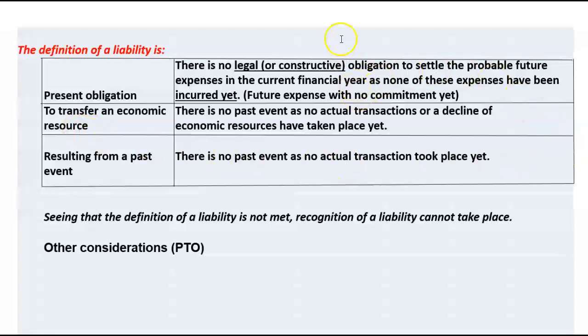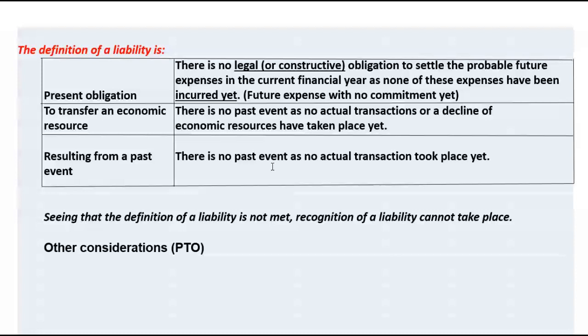Well, because there are no commitments, no arrangements, no agreements in place, what must he transfer? There's not a past event, there are no actual transactions, so there cannot be a transfer of an economic resource that can take place. Also, there are no past events because the actual incurrence of higher costs is going to happen